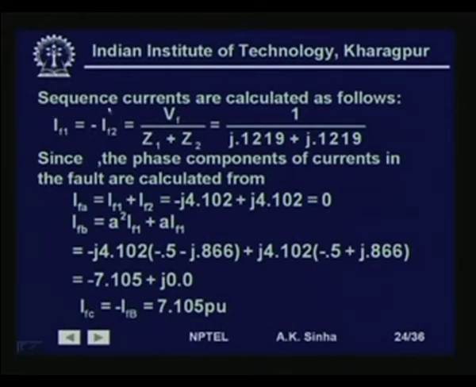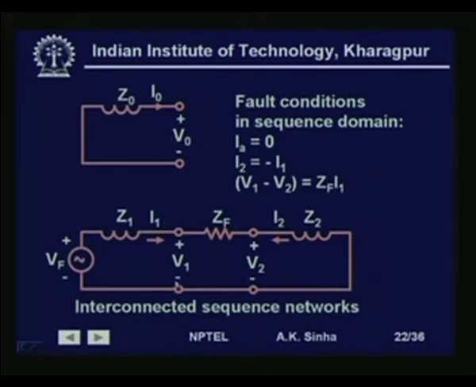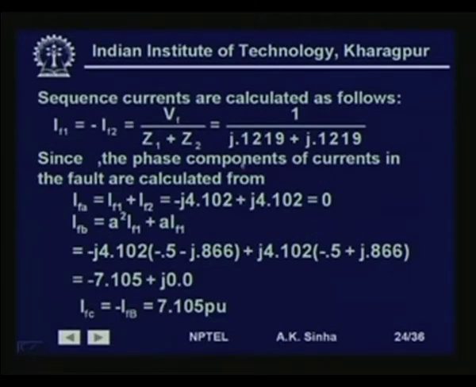So, now the sequence currents can be calculated as follows: If1 is equal to minus If2, and this will be equal to Vf divided by Z1 plus Zf plus Z2. Since Zf is equal to 0, we have If1 is equal to minus If2 is equal to Vf by Z1 plus Z2, which is 1 angle 0 divided by j 0.1219 plus j 0.1219, which comes out to be